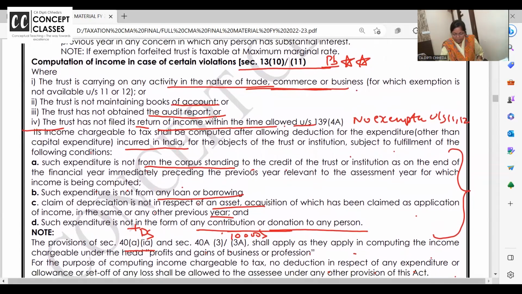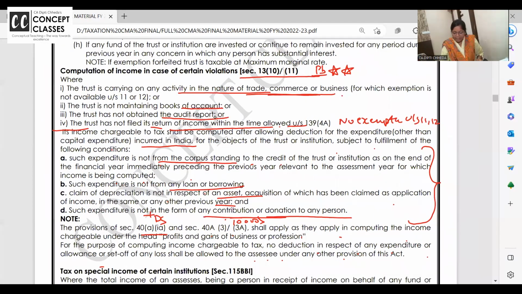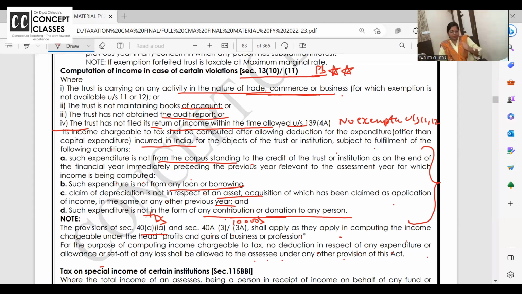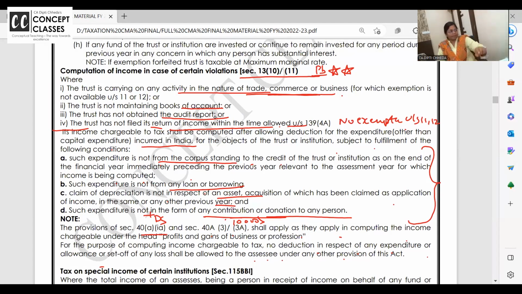Take your time. You all are doing it for the first time. Is this whole para clear? Whatever clue words I have underlined, I'll click the picture as it is. I'm super duper caring. I am always stepping in the shoes of the student. If I teach this and close it, when you print you will get confused. So in the print, you write the additional points wherever I have written. You underline the clue words. It will be clear to you. Okay? And last part, then we are going to 115BBI. First read this once by yourself. Check it on screen.